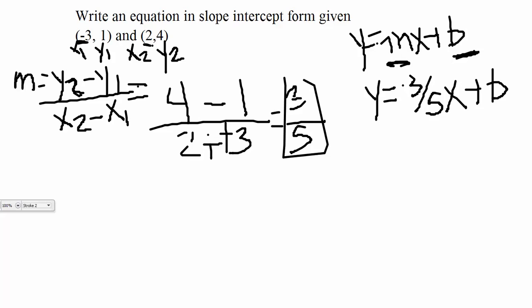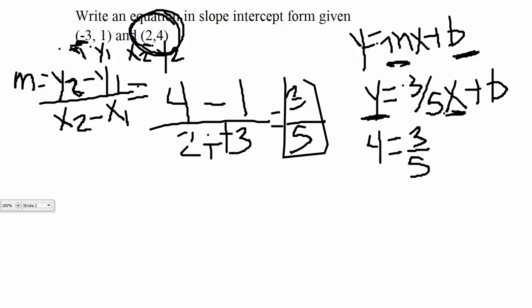So what we're going to do at this point is actually what we did in the last example. We're going to take one of our points, which represents an x and a y, and we're going to plug the x and the y into our equation. So I'm going to choose the point 2, 4. No particular reason. I tend to like positive numbers better than negative numbers, so that's the only reason why I didn't choose -3, 1. You have the option to pick either one, but pick a point and plug in the x and y values into your equation. So since I picked 2, 4, I'm going to be plugging in the 2 for the x and the 4 for the y,